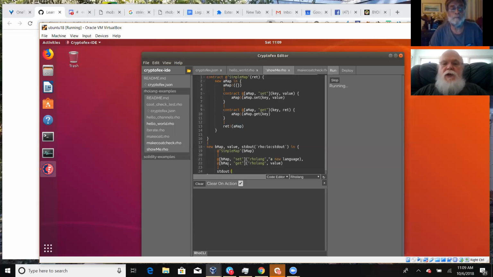This is when the debugger comes in handy. Help us sprinkle stars, asterisks, and lines. So I want to write the standard out, the value.